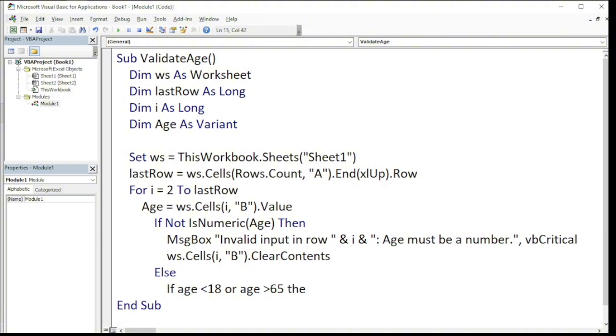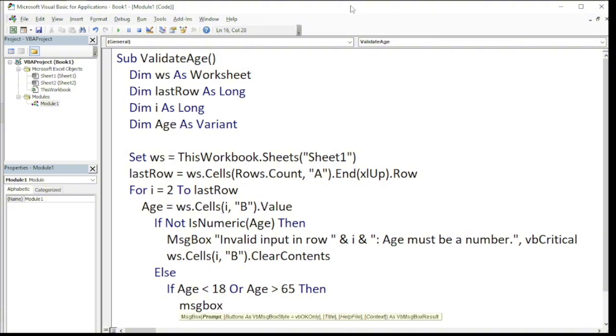Then I'm going to put a message box again. So our message box would be: "Invalid input in row